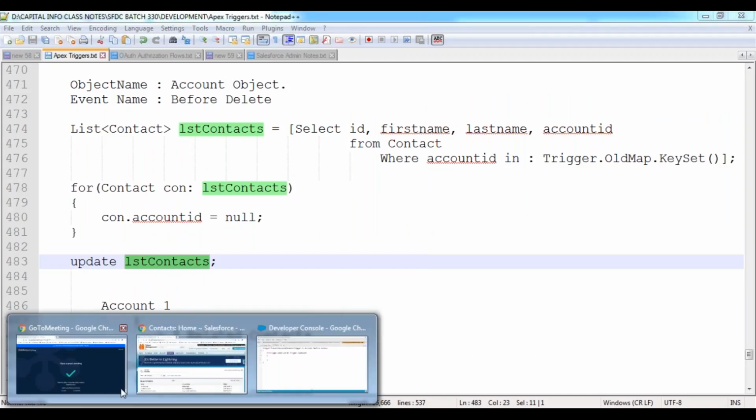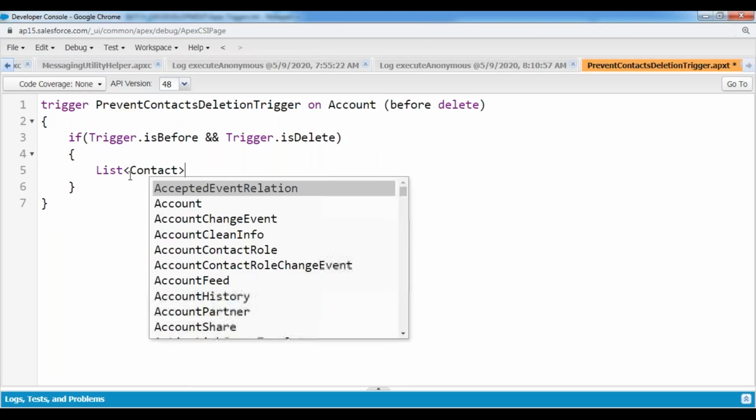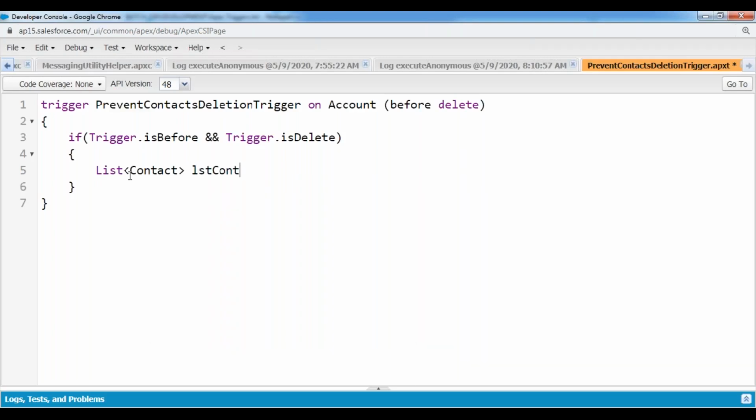Now, let me go with the practical part. In the before delete operation, what I need to do before deleting this account record, I want to collect all the related contact records. For that, I'm going to be collecting this list of contact, LST contacts equals to select the ID of the contact, first name, last name, account ID is the relationship field, from contact